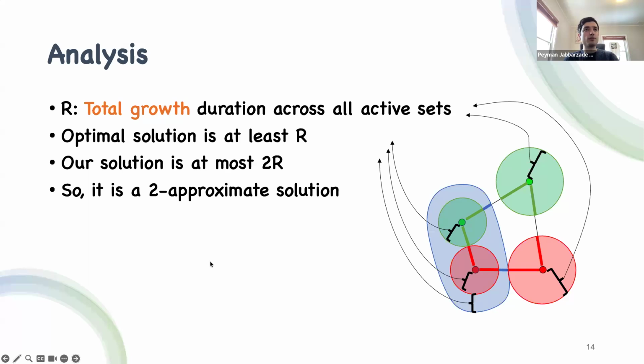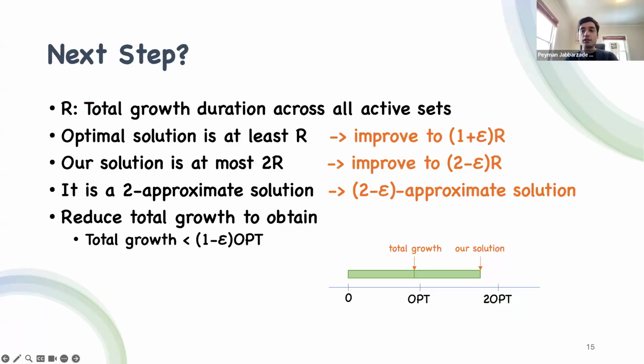So I'm not going to go through the details of these two bounds. I just want to say that in our paper, in our work, we try to focus on improving these bounds. So we try to either find a way to find a better lower bound for the optimal solution, by some constant factor, or try to find a new solution that has a better upper bound, again by some constant factor. So if we can do any of this, we have a better than two approximate solution. So the first one gives us some structural property about the optimal solution.